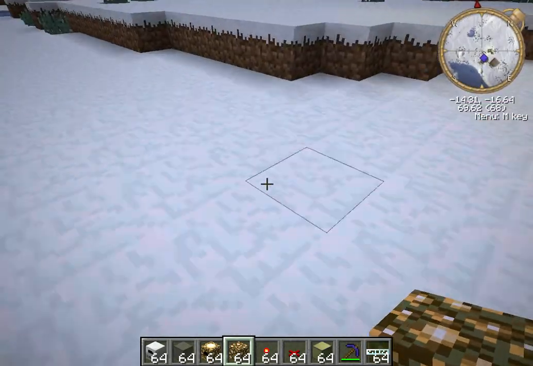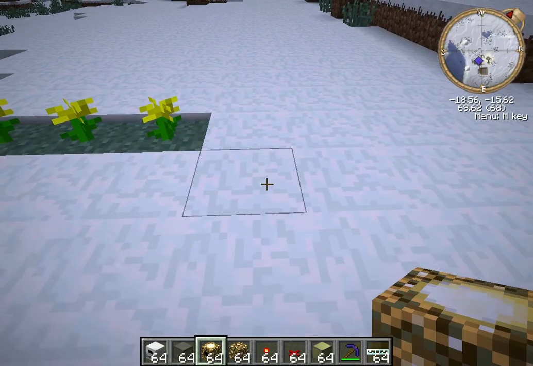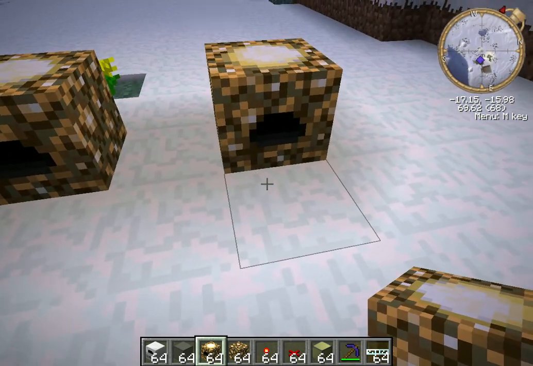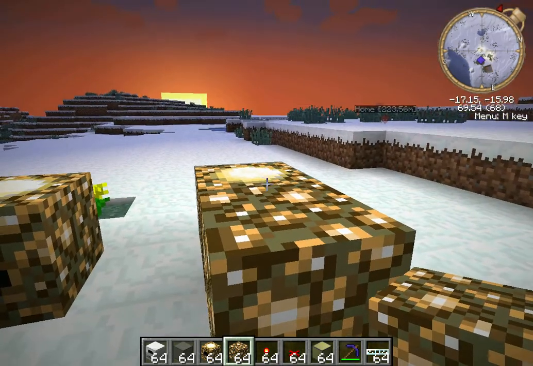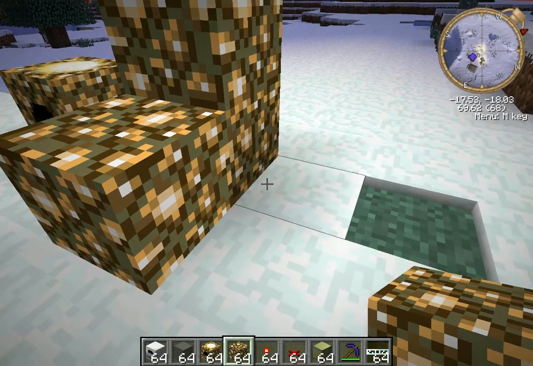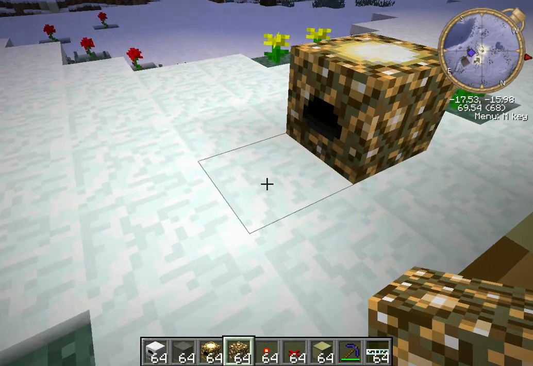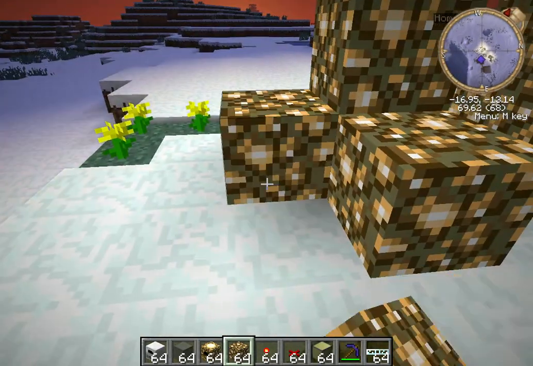Alright, now, I'm not very prepared, but oh well. Obviously you want your, I forget what they're called again, but put your glowstone around it, the more the better really, so up there. You want one on each side, but like I said, the more the better. One there, one up there, one here,